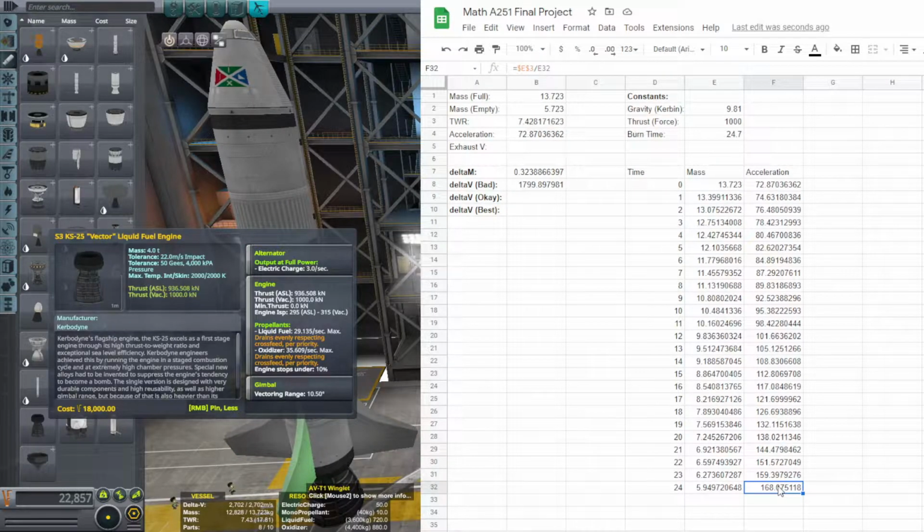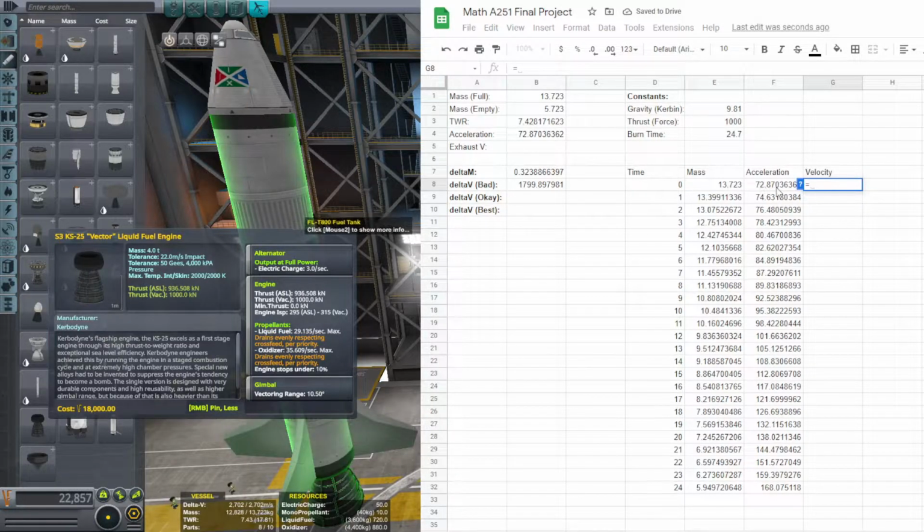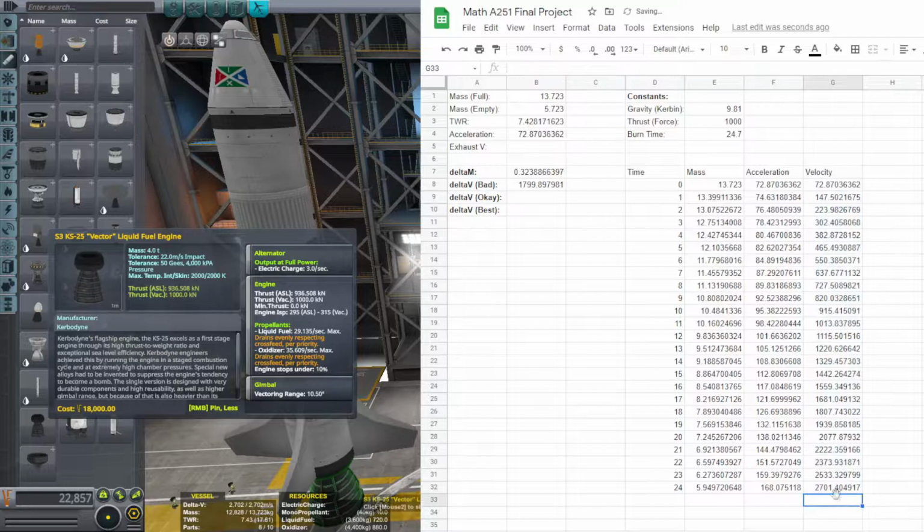So we don't know our delta V yet. That's what our goal was here. But each point in here is the acceleration at that current second. So by adding all of these up, we can get our final total velocity over time, which is our delta V. So let's go ahead and make another column here: velocity. Of course, our velocity is going to start out equal to just this, like so. And then this is going to equal our previous row plus the row to our left. Here we have that value. Dragging again with the power of spreadsheets, we get